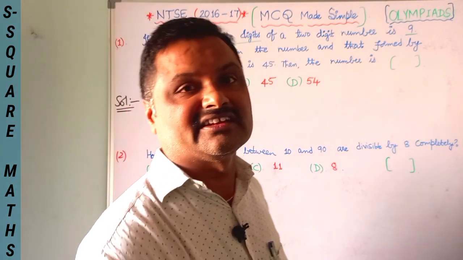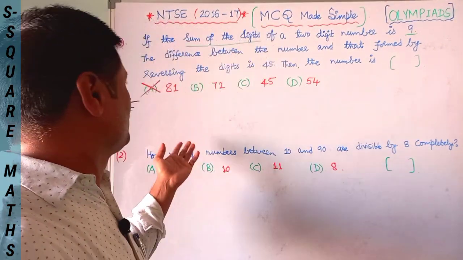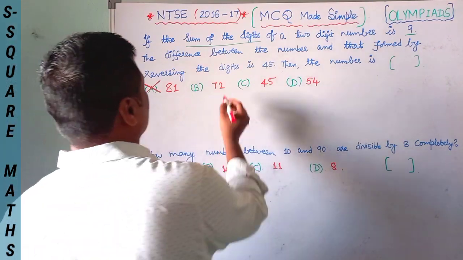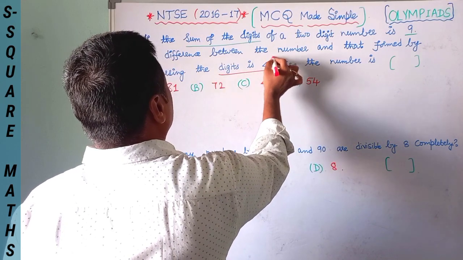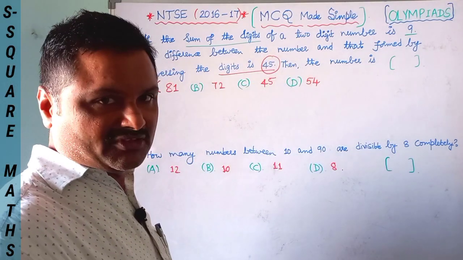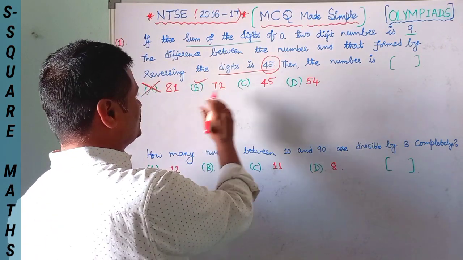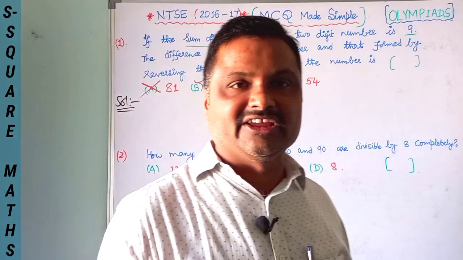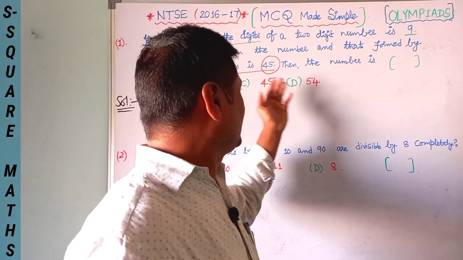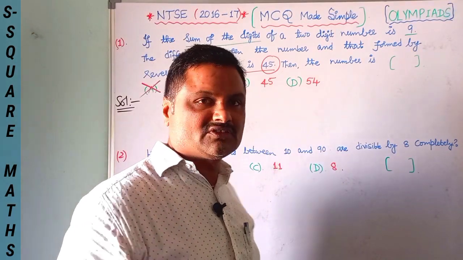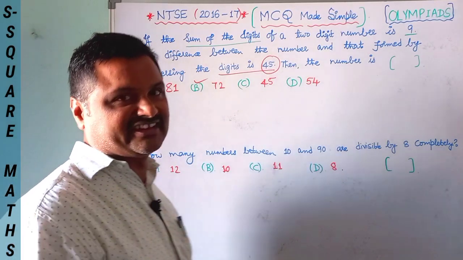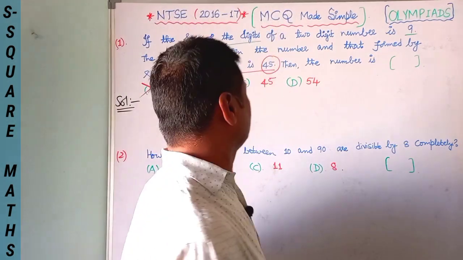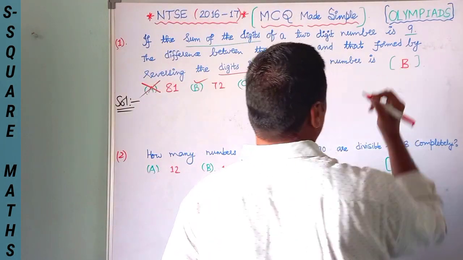Next, going through B option, 72. Reverse the digits: 27. So the difference 72 minus 27. 72 minus 27 gives you which one? 45. Okay, so B option here, but let us go through C and D options also. 45 difference, 54, anyhow you won't get 45, in the same way 54 also you won't get. So by this cross checking with the options, generally you can do it without pen and paper, in the mind also. Your answer is nothing but B option.